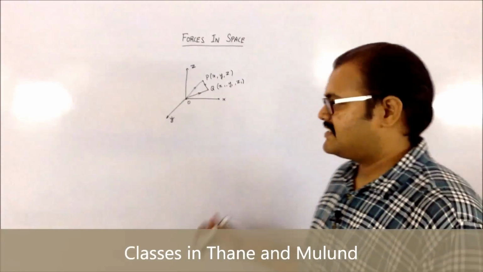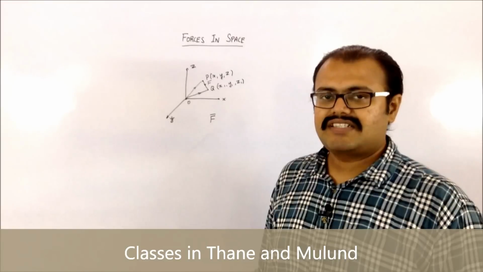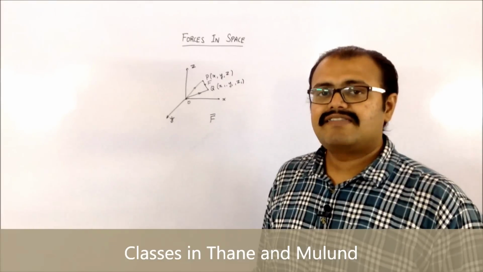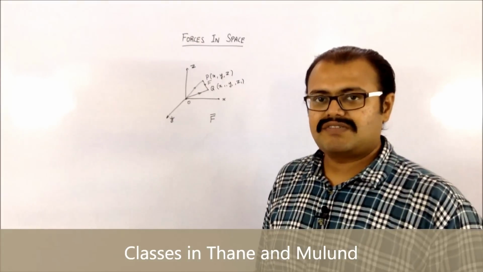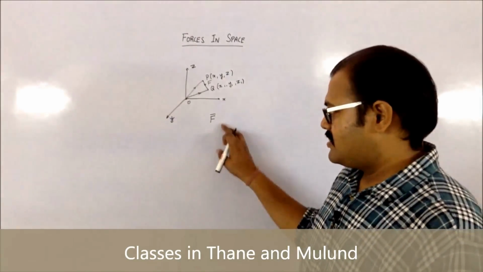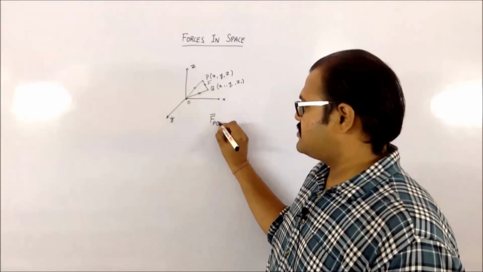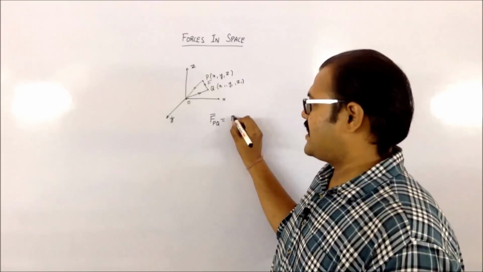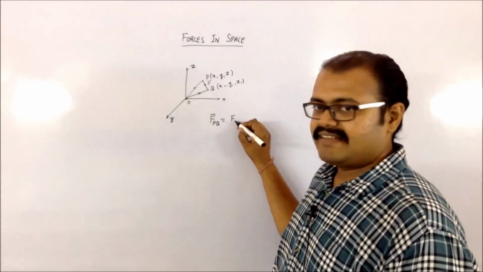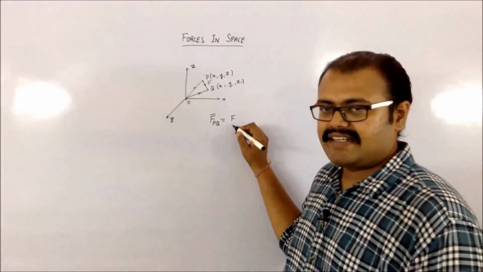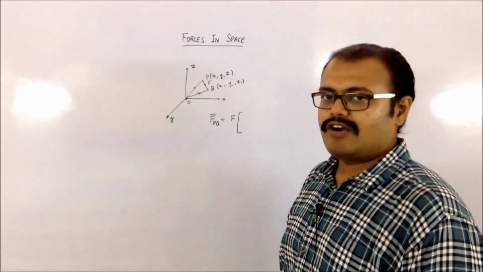So let us consider this particular diagram again. Now if I want to find what is going to be the vector notation of this force, the vector notation will give you not only the magnitude but also the direction along with it. So your F bar along the point PQ will be nothing but the magnitude of the force, which I am indicating by just a capital F, into the unit vector along my PQ.